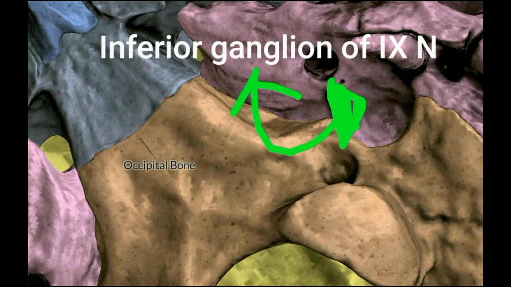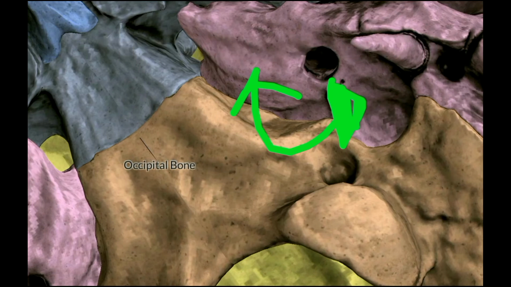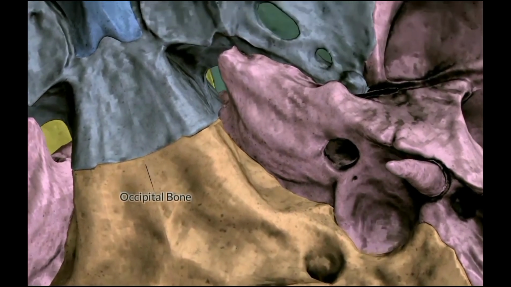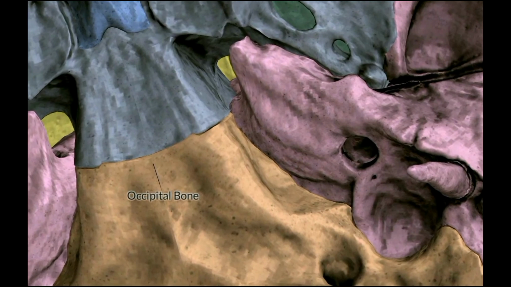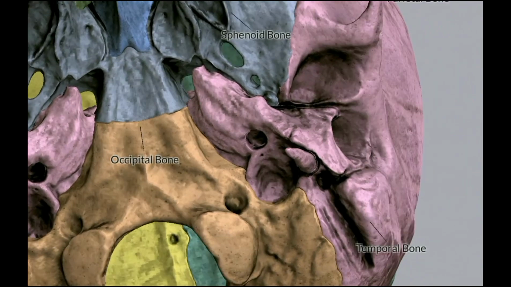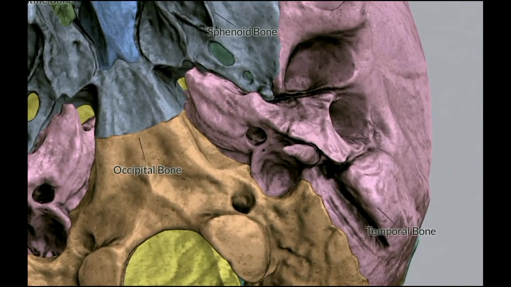in front, for the inferior ganglion of the glossopharyngeal nerve, and just medial to this, near the apex of this region, you will see a canaliculus for the aqueduct of cochlea. That is the aqueduct of cochlea, canaliculus for the aqueduct of cochlea. You will see that. So these are some features you see in the posterior part of the foramen magnum.